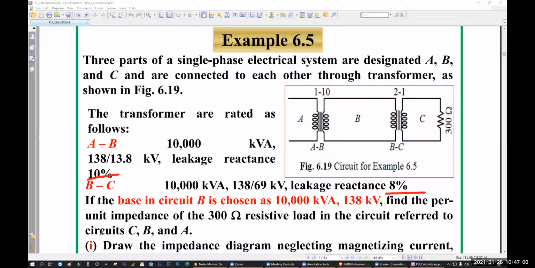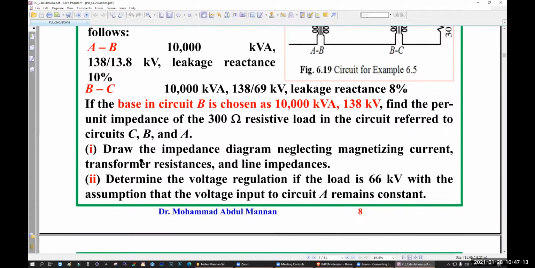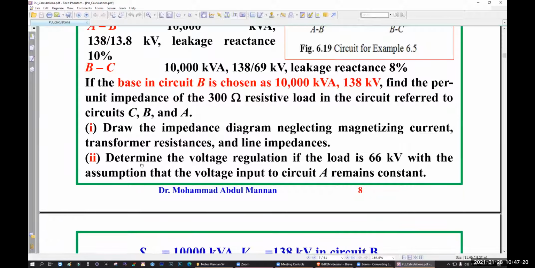Refer to circuits C, B, and A. So let's draw the impedance diagram neglecting the magnetizing current, transformer resistance, and line impedance. Determine the voltage regulation if the load is 66 kilovolt with the assumption that the voltage input to circuit A